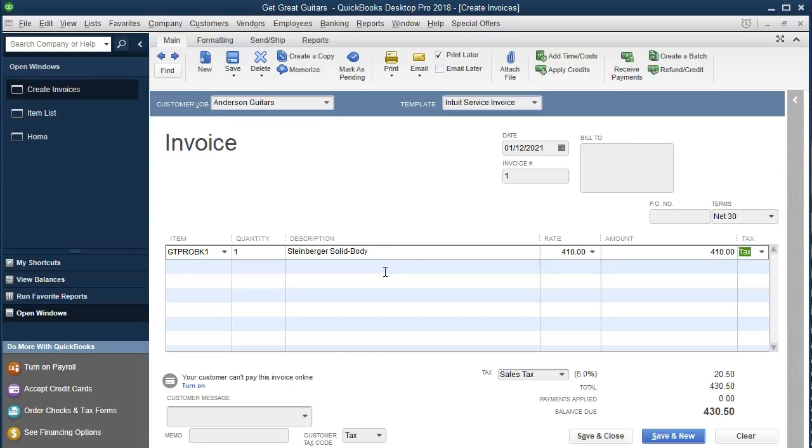So we have all that put in place at the point in time that we create this. Note what is not here. What is not here is our cost. And so if we go back to the item list, notice I'm toggling through the open windows. And if you don't have the open windows, view